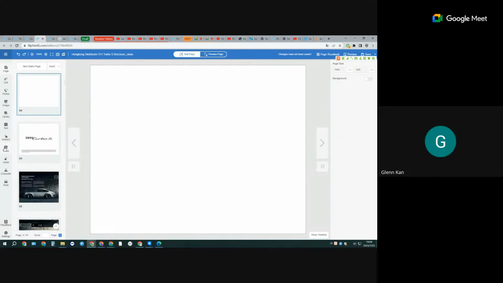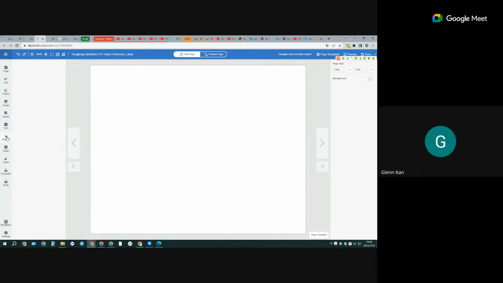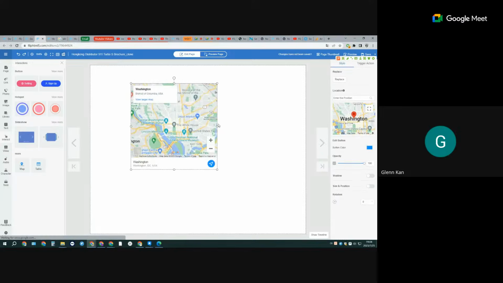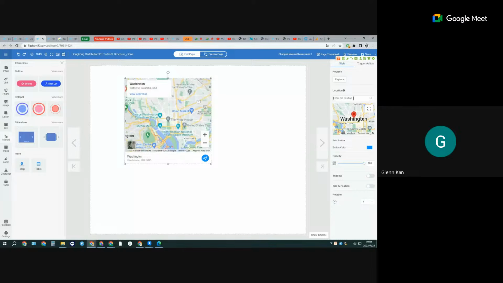So next, okay, we still have this brand page, right? Premium web page is good, but how about we share the location? Okay, that's a great idea. So where is it? Okay, we have the info add, and we got a map. In this you can share your location in the book. For example, just enter Porsche